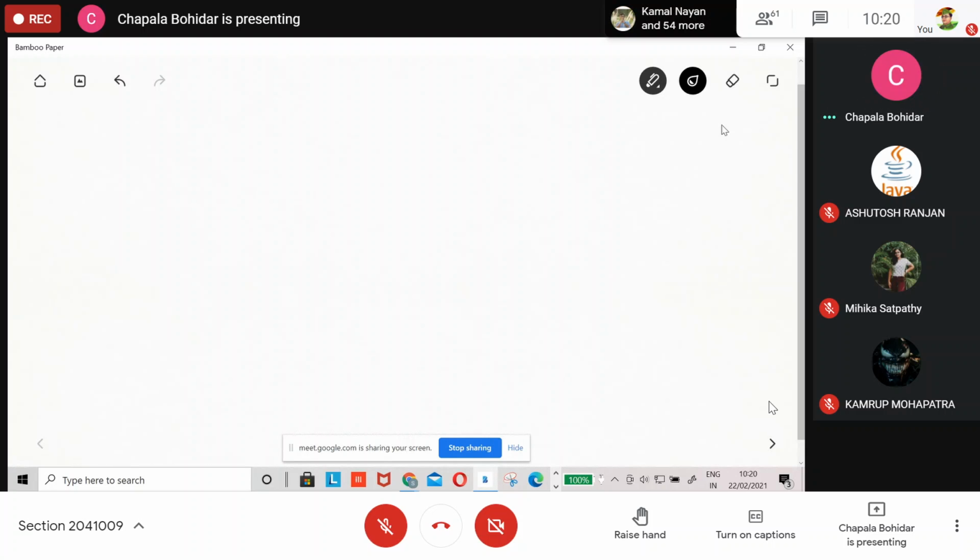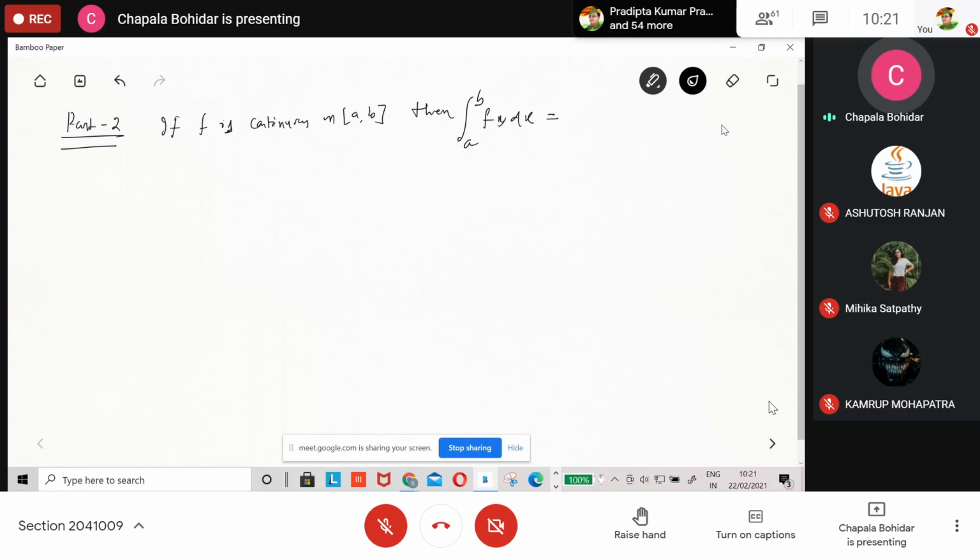Fundamental theorem of calculus, part 2. Write down: if f is continuous on the closed interval [a, b], then the integral from a to b of f(x) dx is equal to F(b) minus F(a),